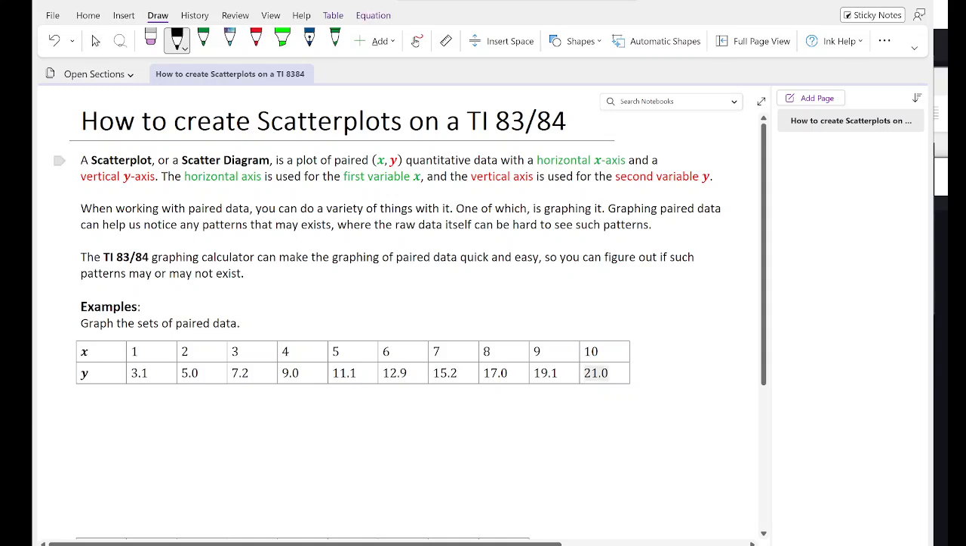A scatterplot or a scatter diagram is a plot of paired XY quantitative data with a horizontal x-axis and a vertical y-axis. The horizontal axis is used for the first variable x, and the vertical axis is used for the second variable y. When working with paired data, you can do a variety of things with it, one of which